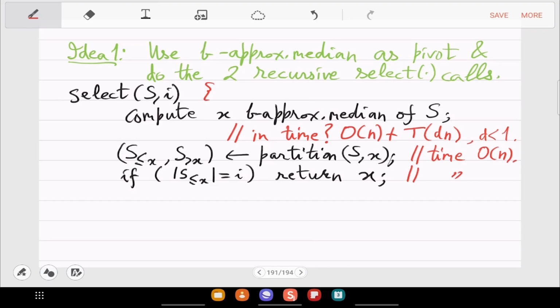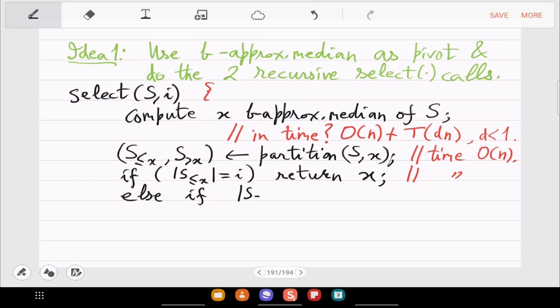In a single scan, you know the sizes of these arrays. So simply by that, you know how to check equal to I, and if it is matching, then you return x. X is the answer. That's the easy case. The harder cases now come. So else, there are two cases, whether this is less than I or greater than I.